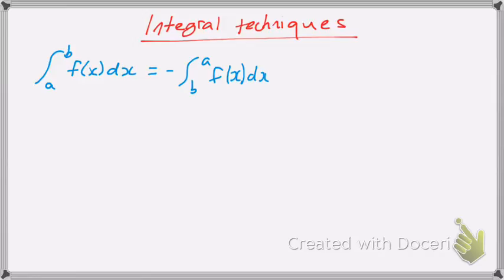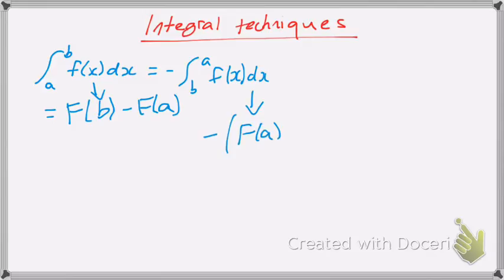And the reason is because if you know how to integrate it, which we normally would, this would be f of b minus f of a, right? This one here. Whereas this one here would now be minus f of a minus f of b, which obviously, well, fairly obviously, are the same when you put the minus sign through. Technique 1. Technique 2 says if I've got an odd function,